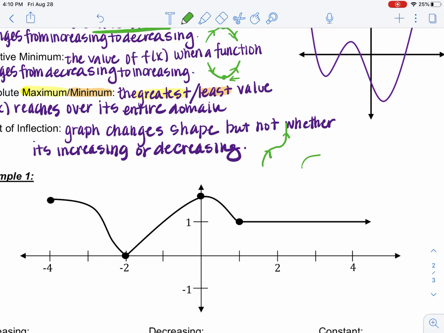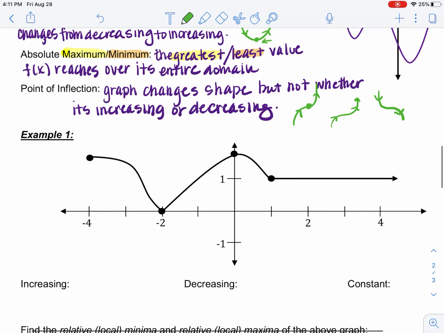So people accidentally confuse this for a minimum or a maximum, and it's not, because notice it's going from increasing to increasing. Same thing like here. This is going from decreasing, and it's still decreasing there. So that is what a point of inflection looks like, and the point of inflection would be this point right here where it changes shape. Okay,